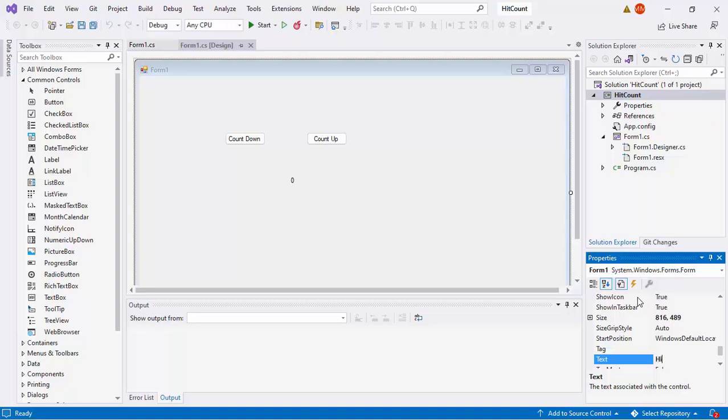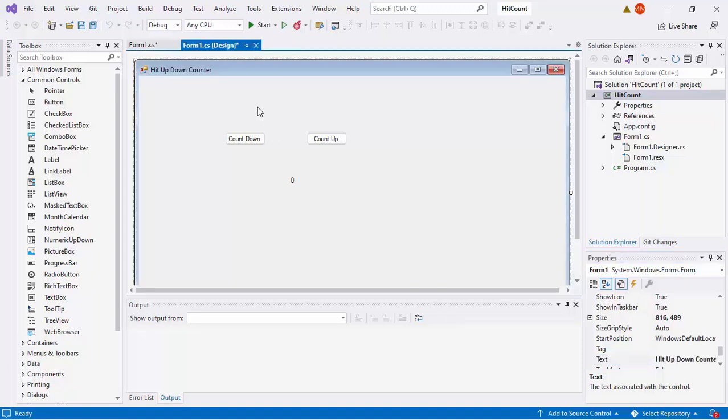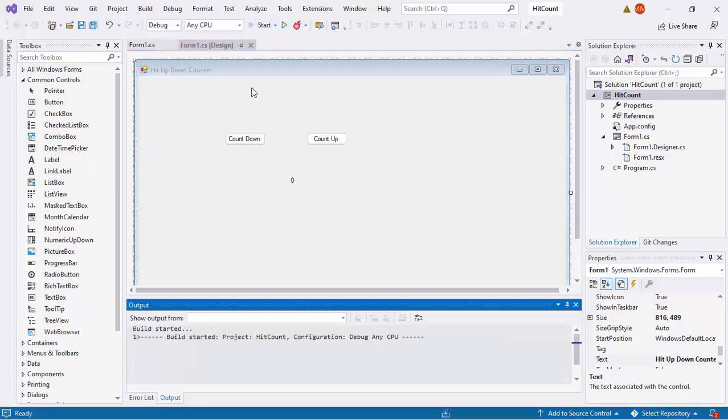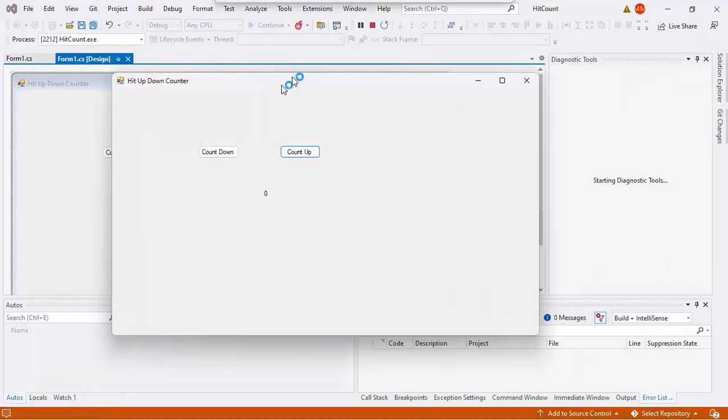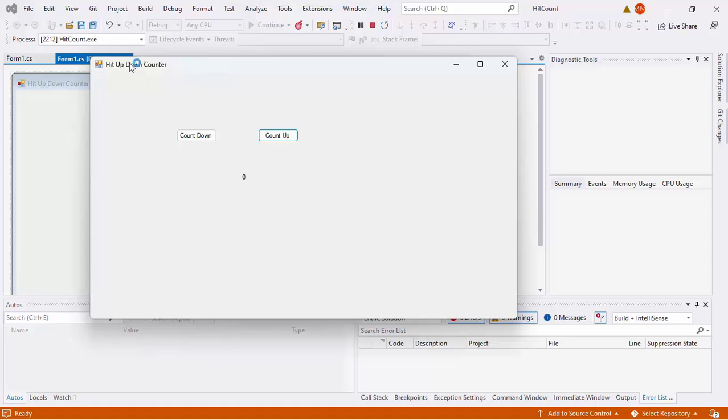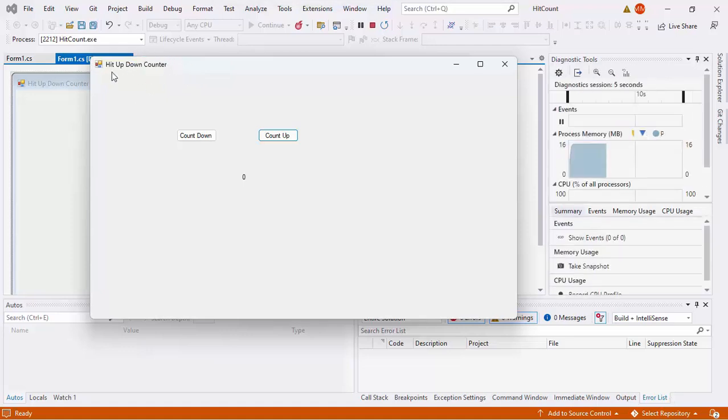Let me try again. After closing and reopening Visual Studio, hit up down counter. Okay, now I get it, or we get it. I don't know what happened just now. There must be some glitch in the Visual Studio.